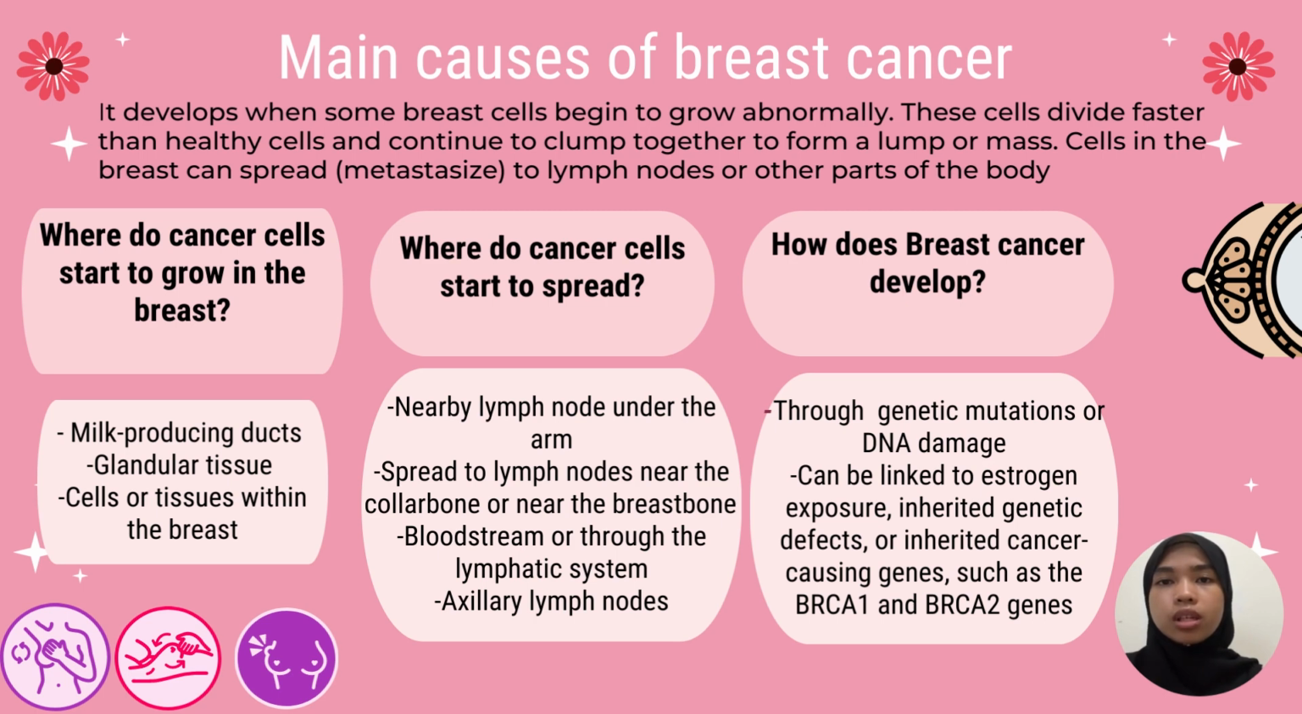Breast cancer mostly starts in the milk-producing ducts, which we call invasive ductal carcinoma. Breast cancer can also start in the glandular tissue known as lobules, called invasive lobular carcinoma, or in other cells or tissues within the breast. When breast cancer spreads, it typically goes first to nearby lymph nodes under the arm. It can also sometimes spread to lymph nodes near the collarbone or near the breastbone, which is the front center